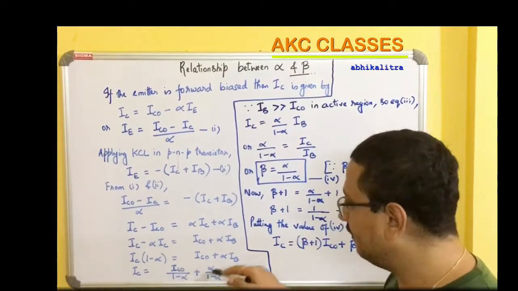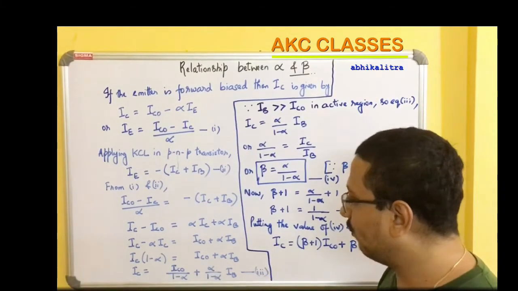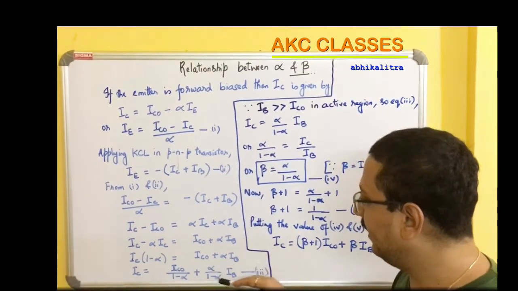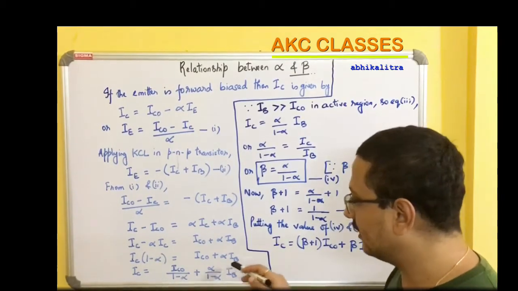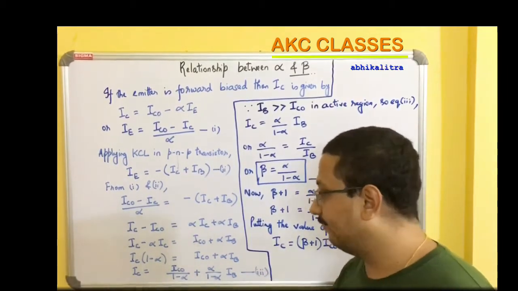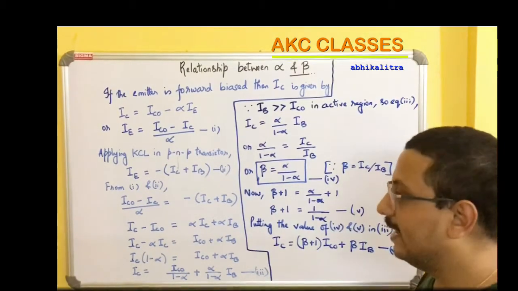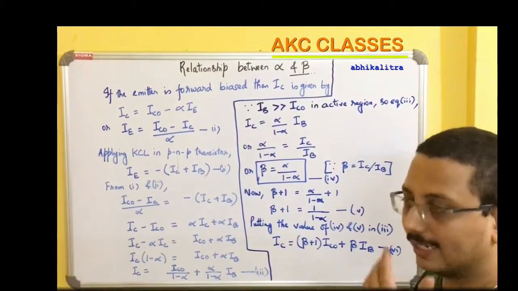This 1 minus alpha will be sent to RHS. So ICO by 1 minus alpha and alpha times IB, alpha divided by 1 minus alpha into IB is the one that is obtained in the RHS value. Now if I mark it as equation 3, now from this equation I will jump to another concept, and that is